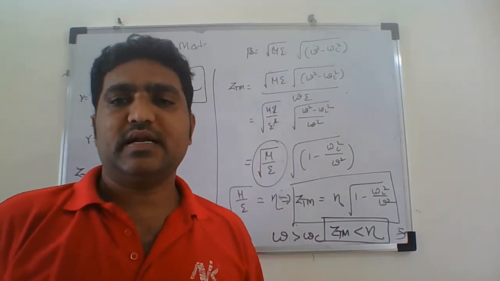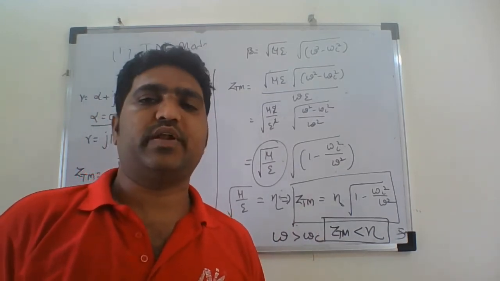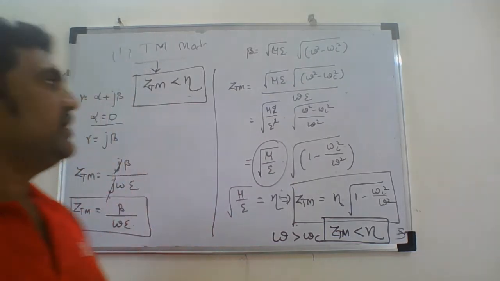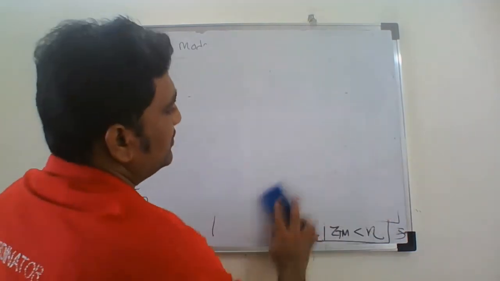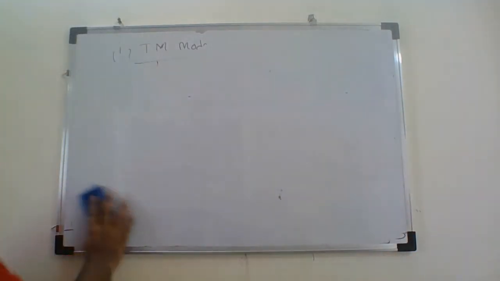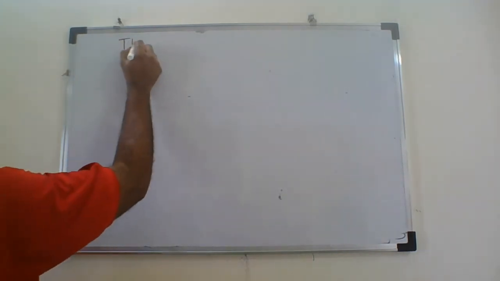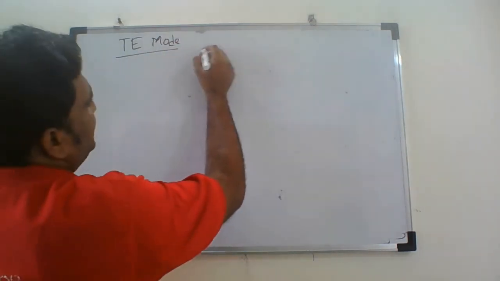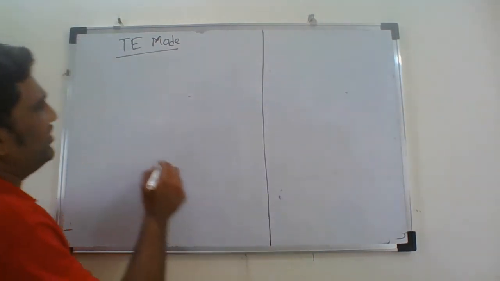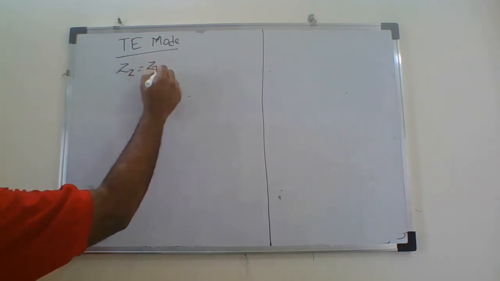Let us calculate this intrinsic wave impedance, or the wave characteristic impedance, for the transverse electric mode, the TE mode. In the case of this transverse electric mode, again by definition, let us start with the definition. By definition, the wave impedance, here ZTE,